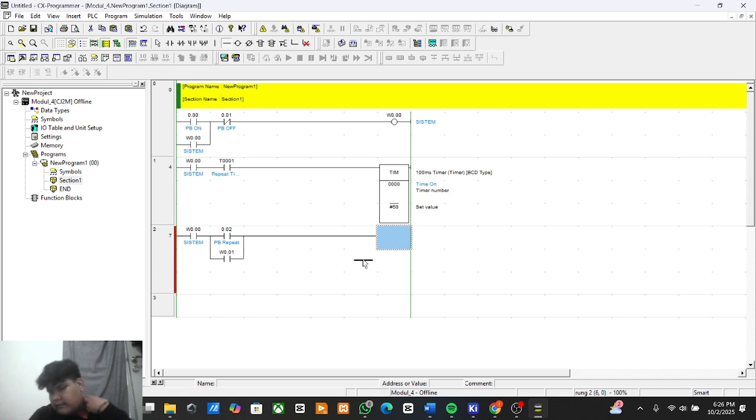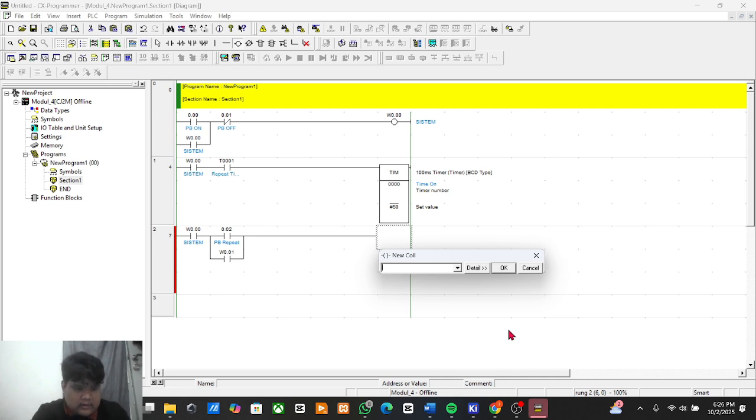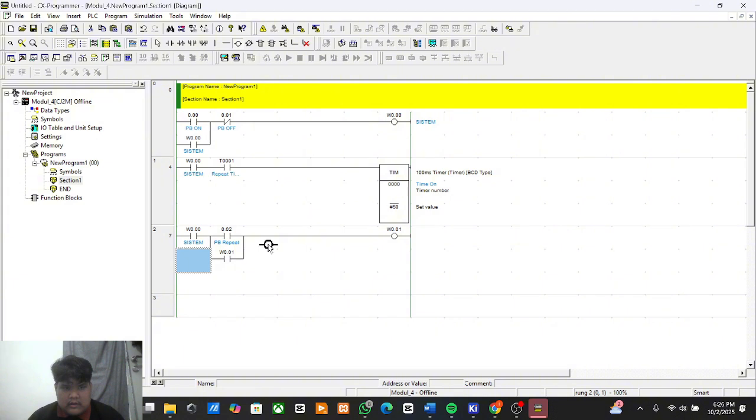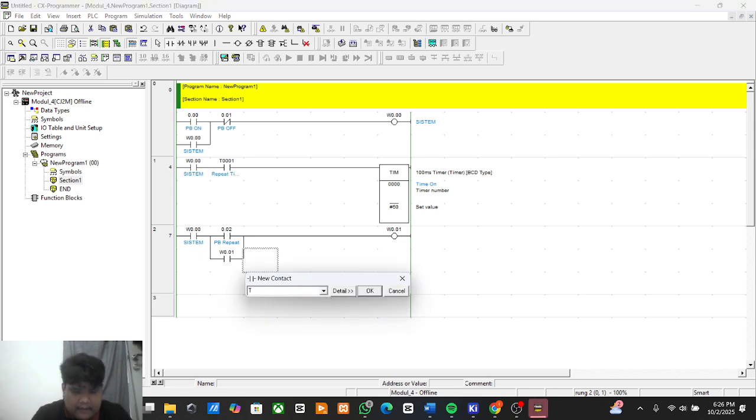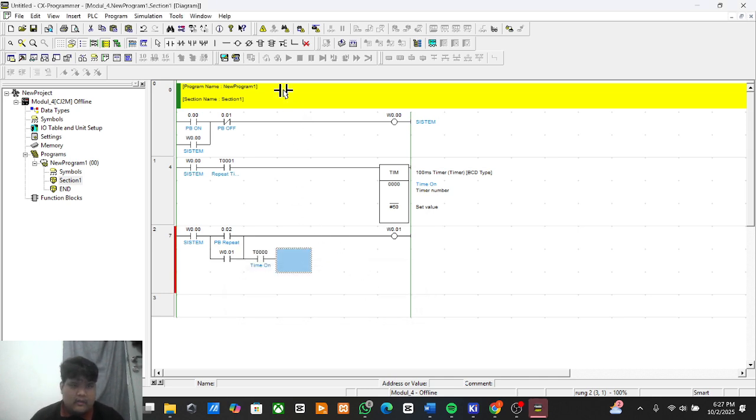The next we add a new coil. Then we add a new contact here, for the time on. Then some new horizontal lines and a new PLC instruction here.